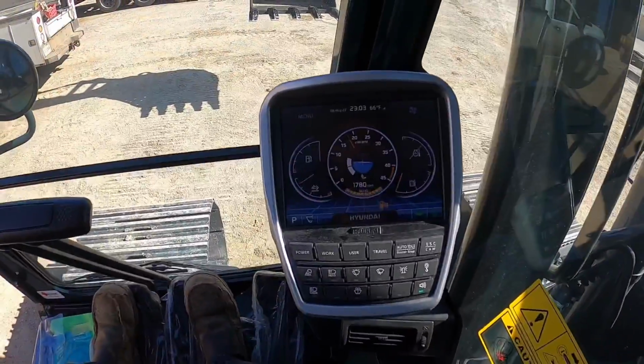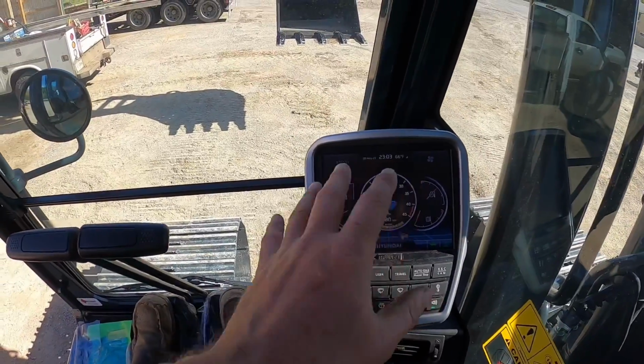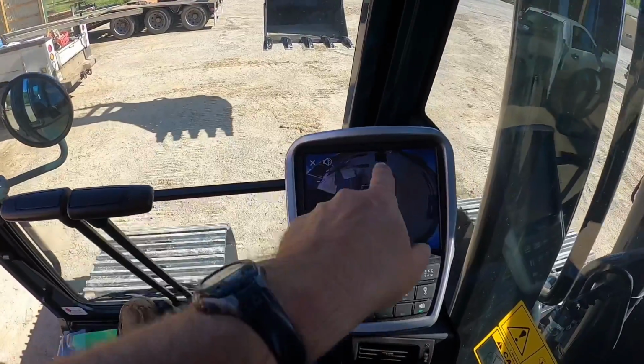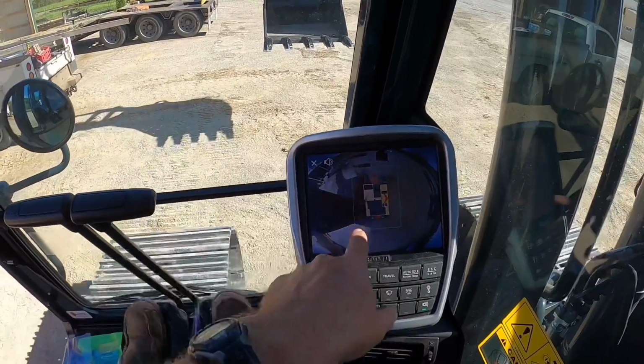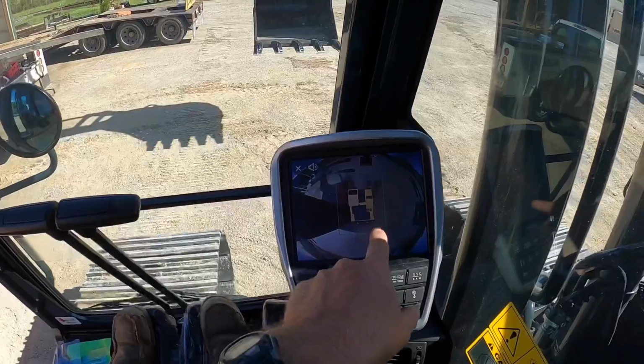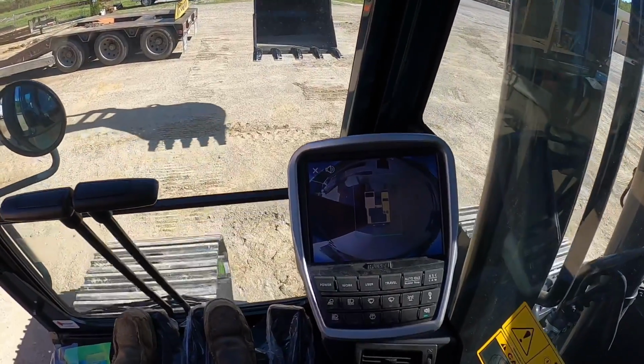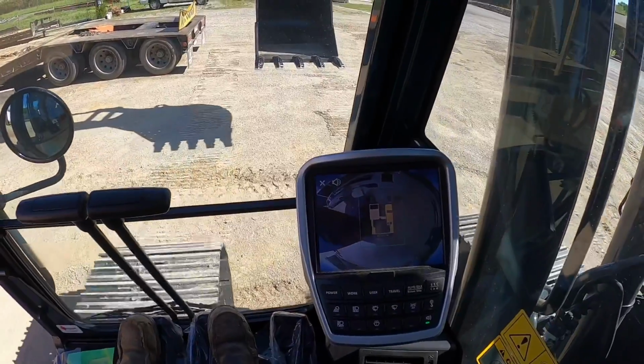One other feature that I already love so far is it's got the full 360 camera on it. So as soon as I start to travel, it pops up, pretty much shows me my surroundings, and this box right here is kind of like my safety zone. So as long as nothing's in it, it doesn't give me any warnings and wants to keep going. Now as I track on up,